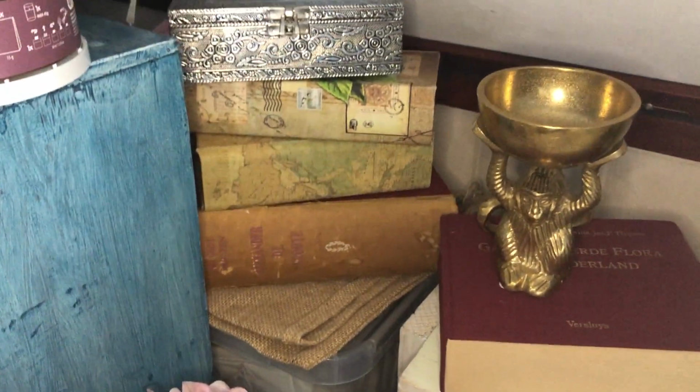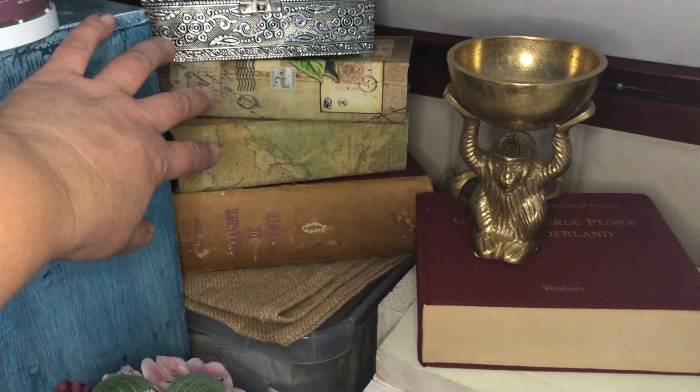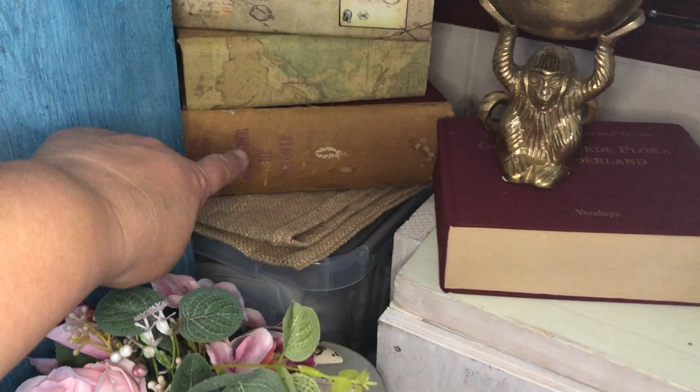Then you see behind there, I have some books, but the top ones are not real books, they are boxes. This one is a real vintage old book that